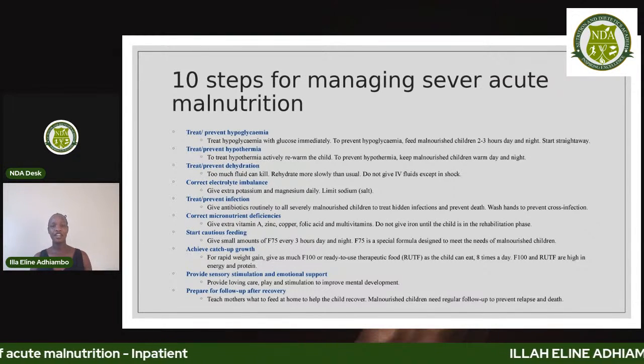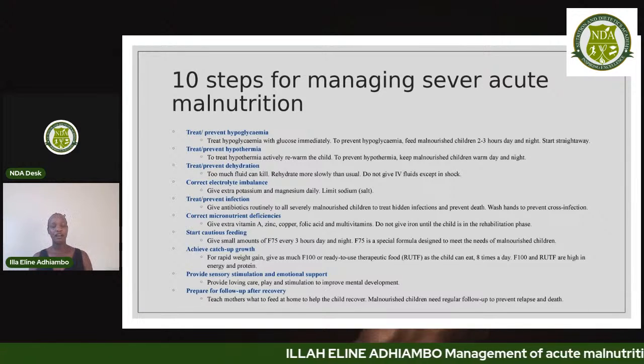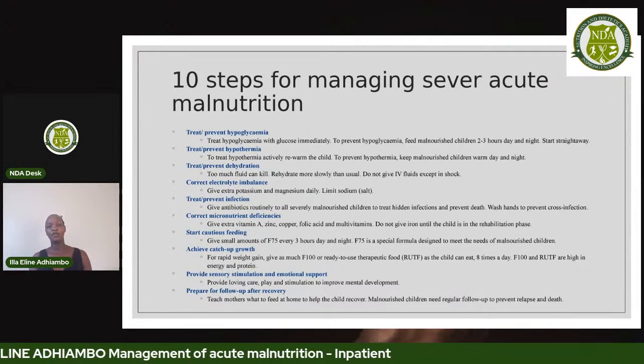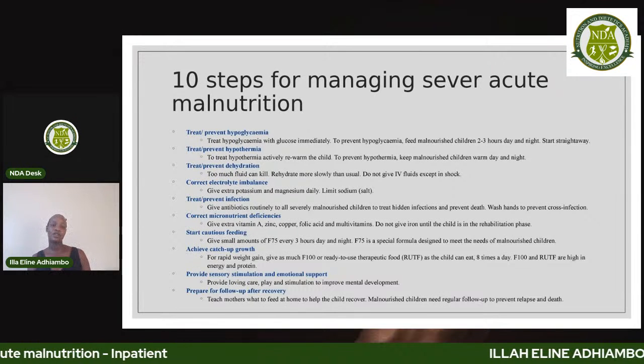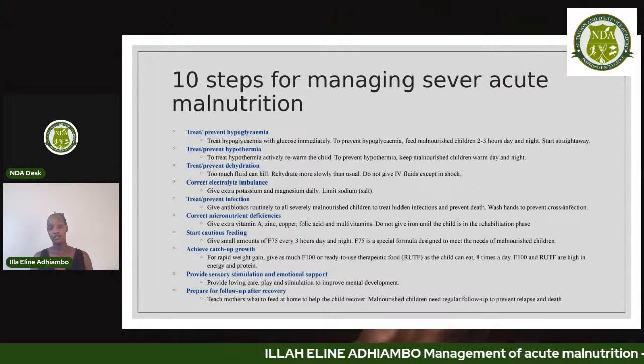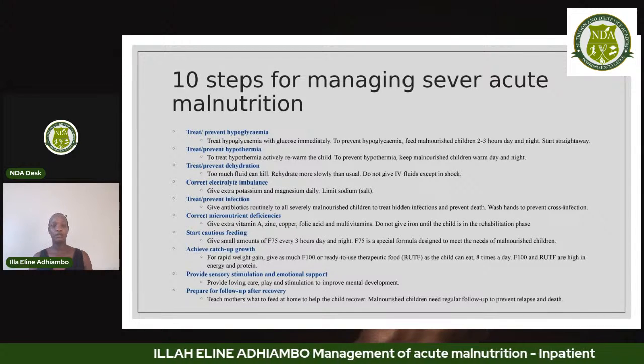They happen concurrently, it is only that there are some steps that we are going to do after seeing some signs. Like, for instance, giving iron, we can't give it from day one. Or giving macronutrients, some we can't do from day one. So we are going to do them stepwise. Cautious feeding, like giving F75, we're going to start it from day one, so that we help the baby's